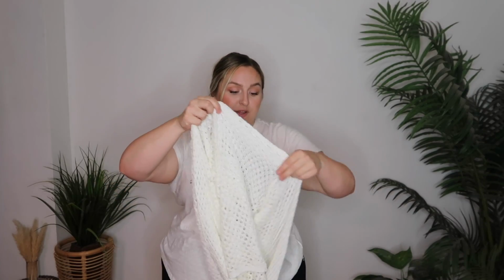I think this with like a little bralette under it would be so cute. I cannot wait to wear this, cannot wait. Obviously it's stretchy because it's kind of like a knitted material, and I picked this one up in a 3X